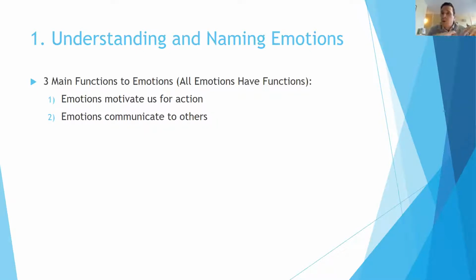And with babies, this is important too, because they can't communicate that way. They can't communicate with words what they're feeling. If something, like their sock, is poking them, they cry. They express their emotion in a different way. And so we need this communication of emotions to others. We talked about sadness in that movie. One of the things that sadness communicates is the need for comfort. And so by communicating sadness, I can get somebody to respond to me sometimes with comfort. They can give me a hug or respond some way. So emotions communicate to others, another important thing to know when we're trying to regulate them.